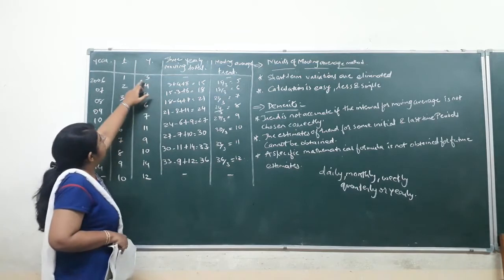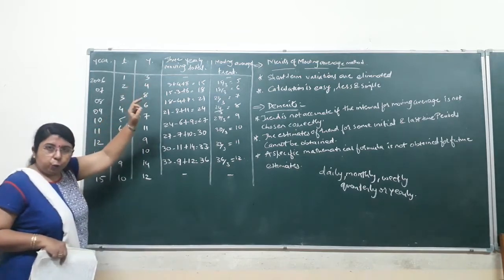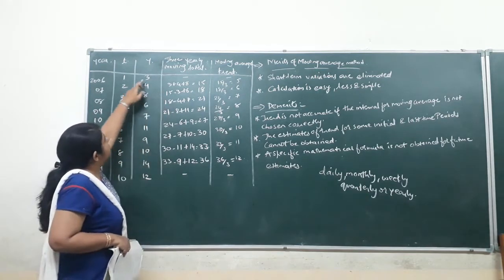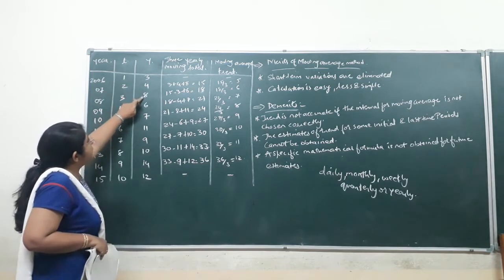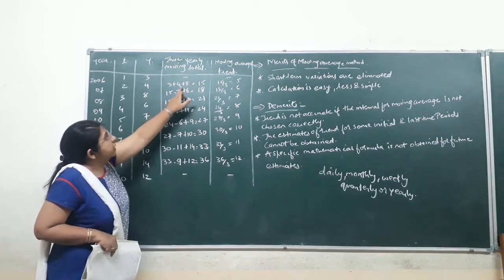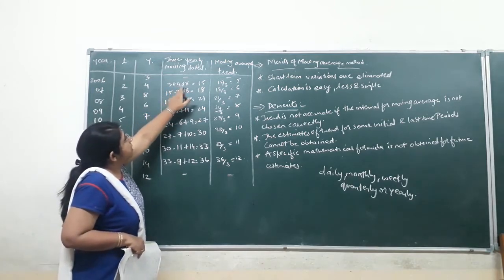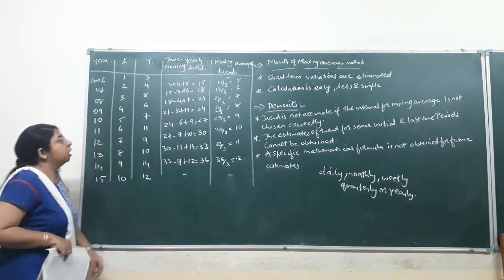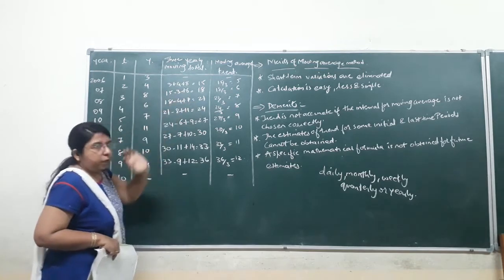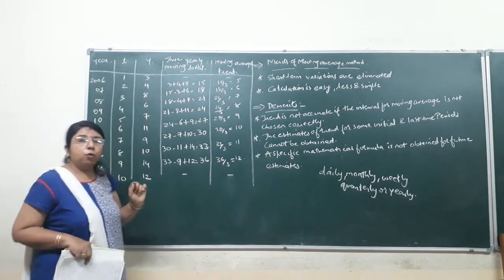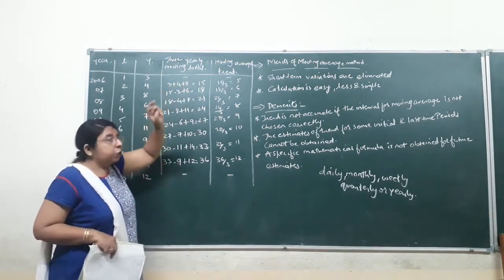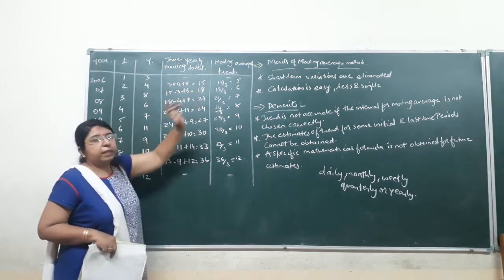How to do the calculation? Whatever y values are given to you, you have to total 3 values of y. Here I have done the total of 3 plus 4 plus 8. 3 plus 4 is 7, 7 plus 8 comes to 15. So the first answer that came in place of time 2 is 15. Always see that whenever 3 yearly moving average is asked in the question, the first value would come as nil. You have to start your calculation of total from the second time period only.